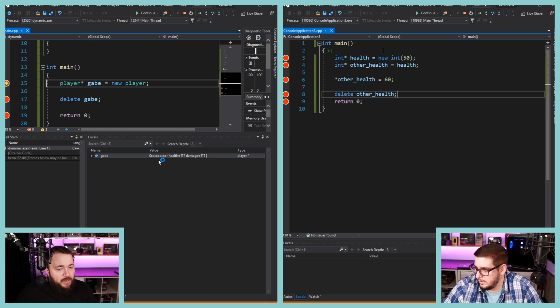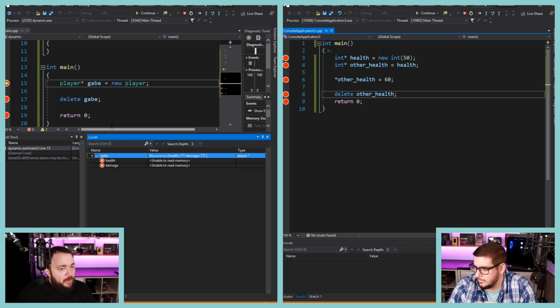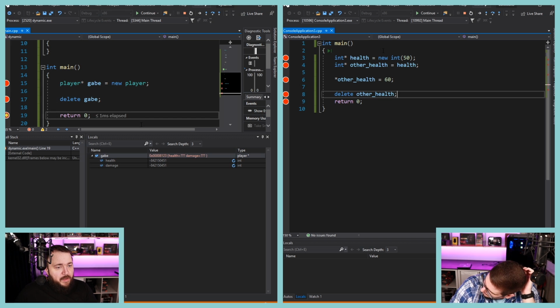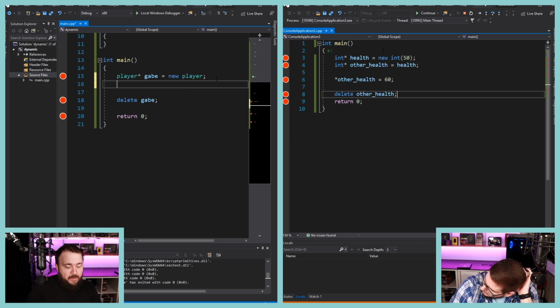So Gabe again points to nothing, but it knows the type. It knows that it's going to be a pointer to a player, so it knows that it's going to have health and damage. So this is helping you, but we can't read the memory. So when I initialize it, health and damage, like everything else, just get a garbage value. And then I could assign it. And to do that, I do